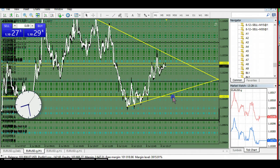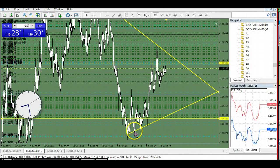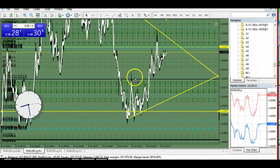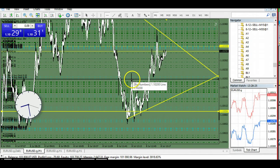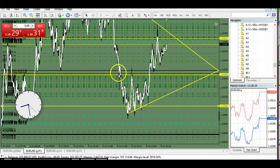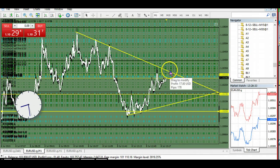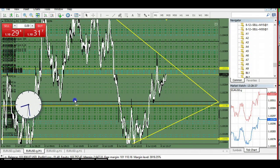Right as that rolled over, here's that awesome wick stab into that. Here was the top bottom from the last kind of chance to get long, I guess, on that wick there. Yeah, so what I'm looking for is to break this trend line and/or come up here. I'll be selling as soon as I come up here, right? So right at the bottom of the hour, I'm probably going to take profits